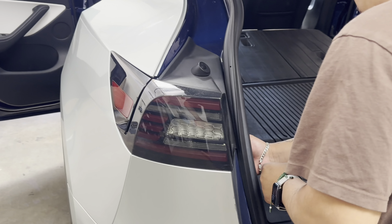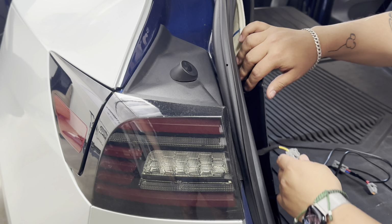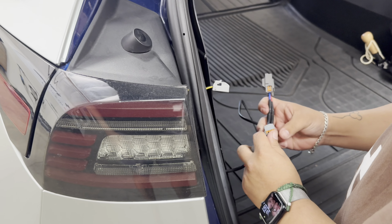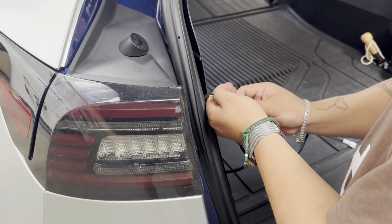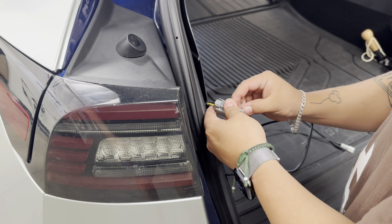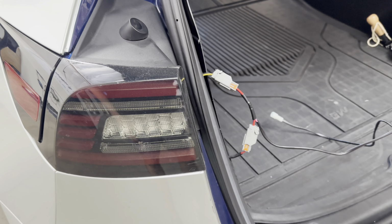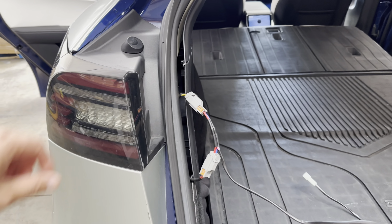In this video, we'll demonstrate how to install the new electronic sunshade for your Tesla Model Y. First, what you want to do is open up the rear left trim behind your taillight. Pull out and unplug the wires to your 12-volt, connect it to the electronic sunshade harness. And this is the gray clip. And once you have that connected, you will be testing out the sunshade to make sure there's power coming out